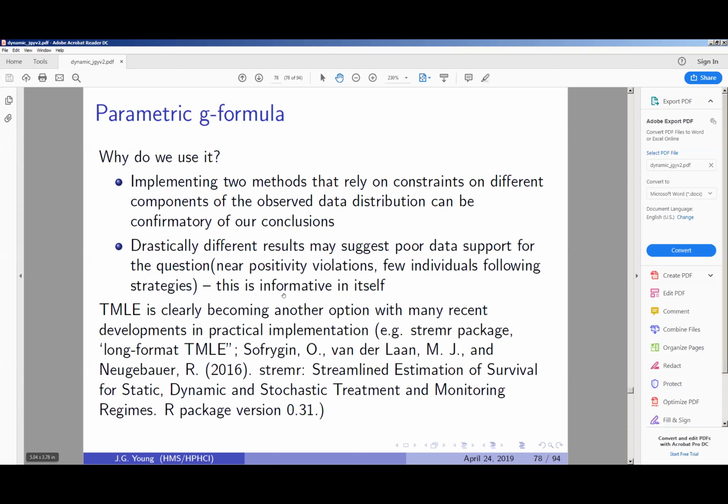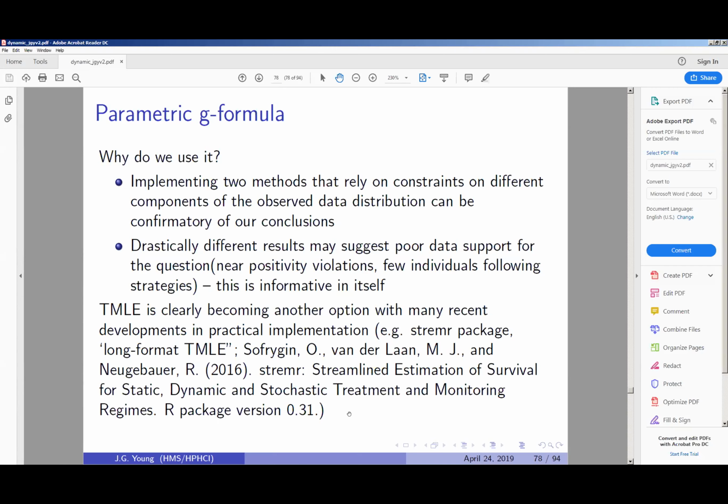Also, I just note here that TMLE is developing at a really rapid rate. It's becoming a much more practical method. For example, I'm not 100% certain about this, but I'm pretty sure the LTMLE package that Maya talked about in workshop 2 does not allow pooled over time models. I apologize if I'm wrong about that, whereas this very new package, the STREM-R package, which just came out a couple of years ago,